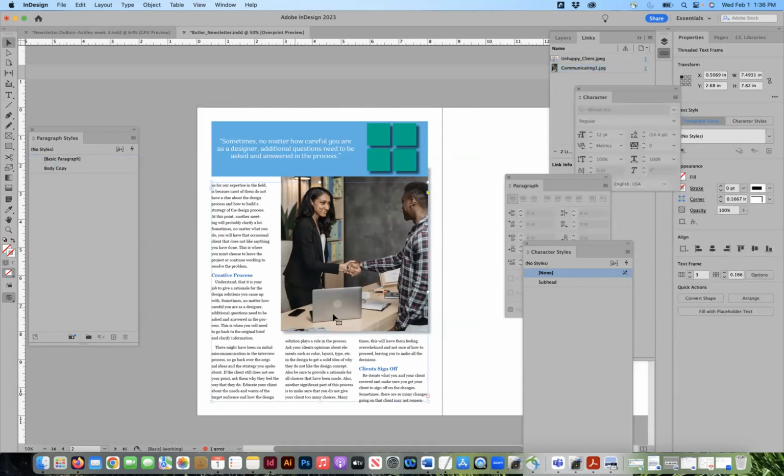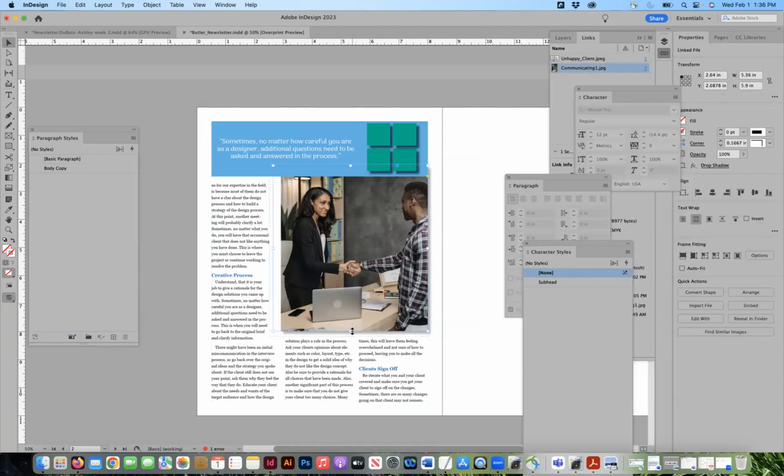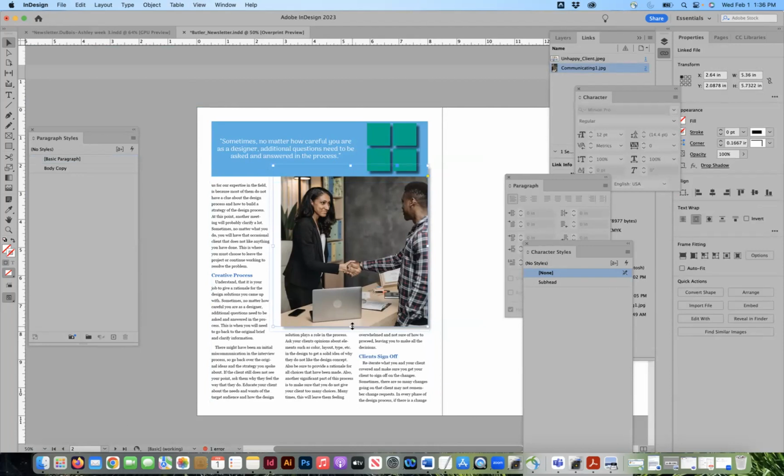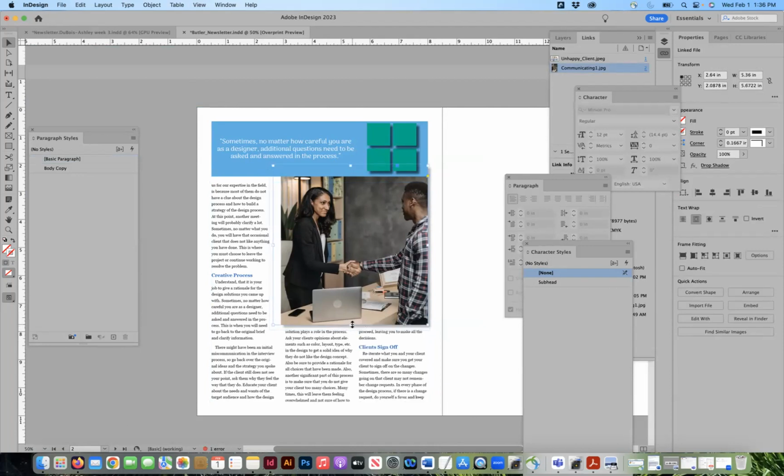You're kind of limited to, you see, as designers, what we usually do when you're designing like a newsletter or say like a magazine, you're going